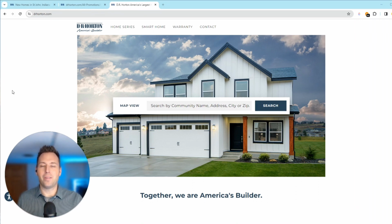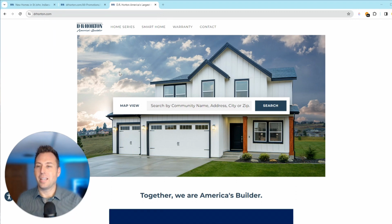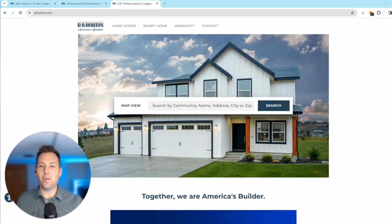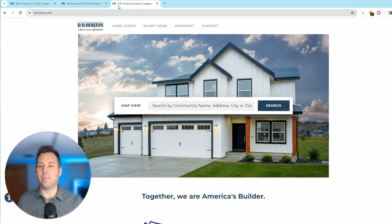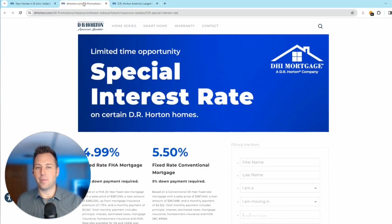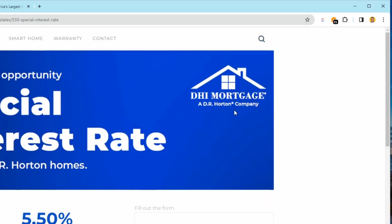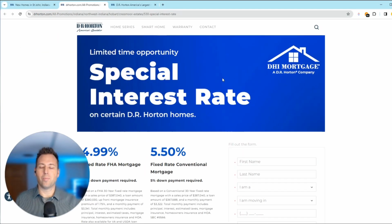But so many people that are coming into the region are ending up buying DR Horton Homes, and the reason is that they can buy brand new homes for less cost than what existing homes cost. And why is it that that's possible? Namely, it's because DR Horton, a lot of people don't know this, has their own mortgage company. DHI Mortgage, a DR Horton company, as you can see here, is their name,